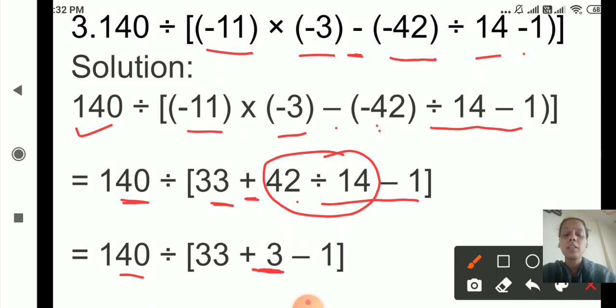Why have we written 3 here? Because 42 divided by 14 is 3. So here we have written 3 and minus 1 we have written as it is here, as you can see here. Okay. So first what we did in the first step,